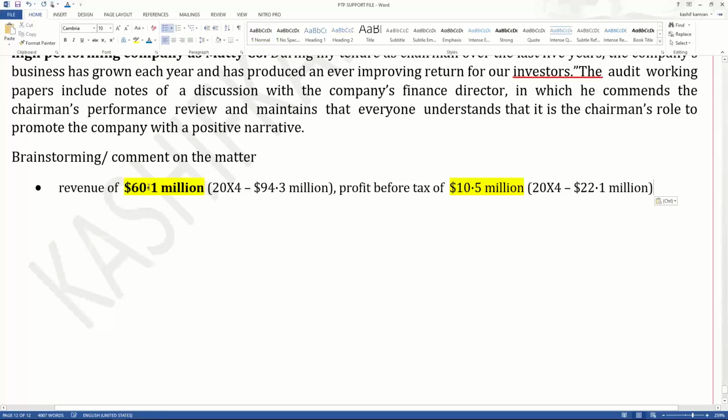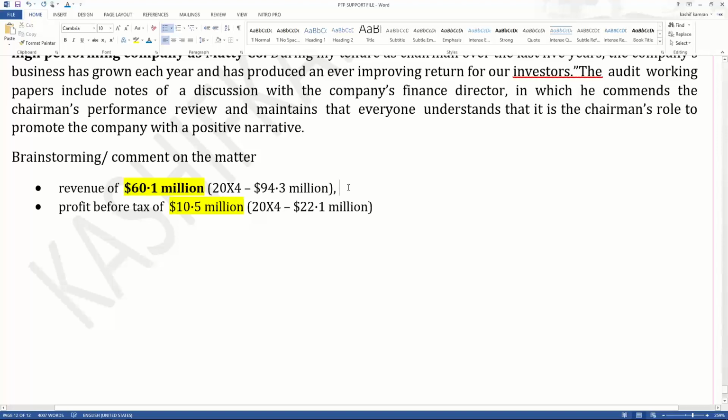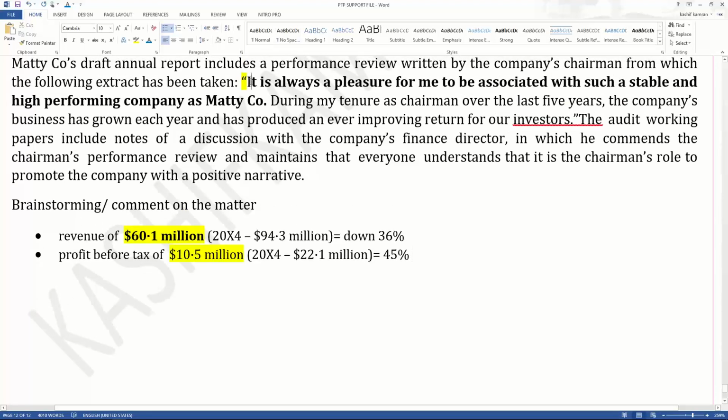Let me paste here. The revenue was 94.3 million. This year it's 60.1 million. The profit was 10.5 million; last year it was 22.5 million. So how much is the revenue down by? Almost 36%, rounding off. And profit before tax is down by how much from last year for the whole company? Almost 45%. So revenue down, profit down, and the chairman is saying,